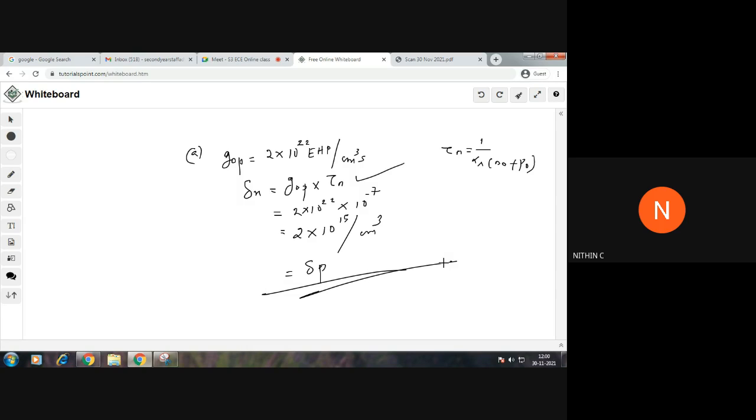In the first part, we used the same expression. This question might have been asked in some question papers for 8 or 10 marks, but there is nothing much to do. Since it is already mentioned in the question that the excess carrier concentration delta n is equal to delta P, this value 2 into 10 raised to 15 will be equal to delta P also. It's mentioned that this excitation rate is not low level, but you may assume that alpha R is the same. Alpha R we have already found as 10 raised to minus 8 centimeter cube, second ratio minus 1.